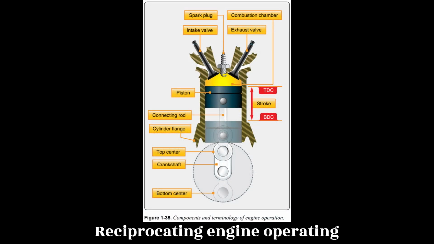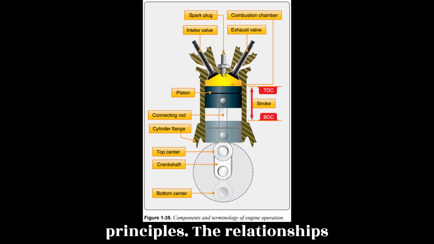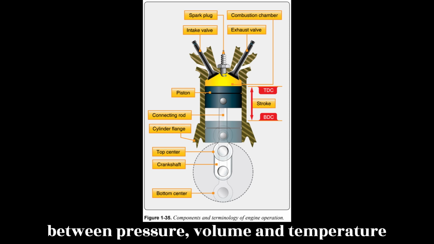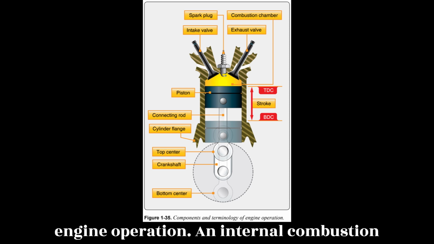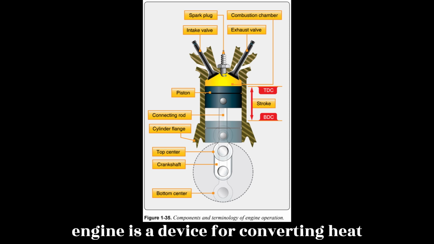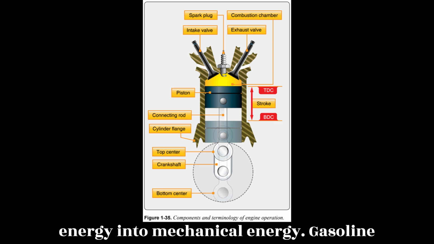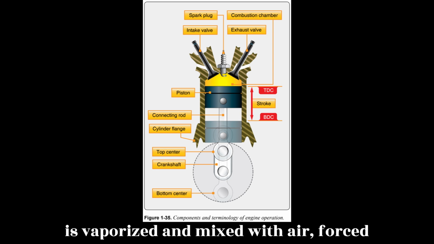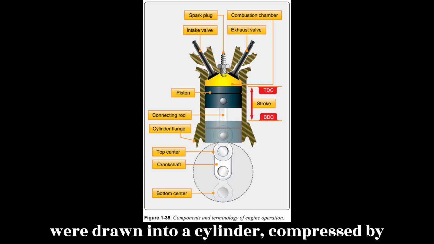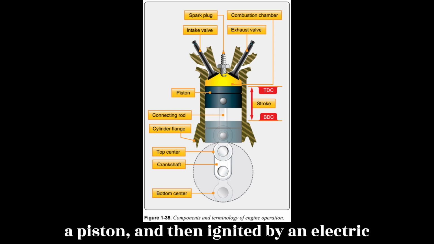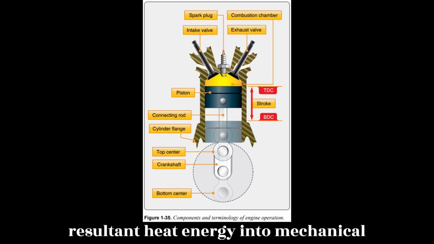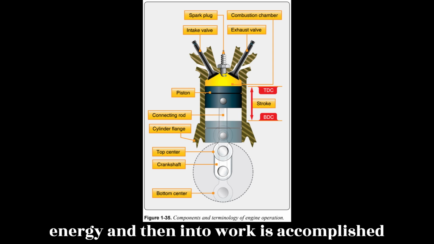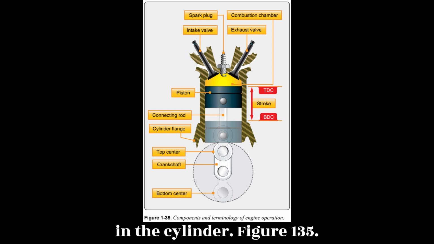Reciprocating engine operating principles. The relationships between pressure, volume, and temperature of gases are the basic principles of engine operation. An internal combustion engine is a device for converting heat energy into mechanical energy. Gasoline is vaporized and mixed with air, forced or drawn into a cylinder, compressed by a piston, and then ignited by an electric spark. The conversion of the resultant heat energy into mechanical energy and then into work is accomplished in the cylinder. Figure 1.35